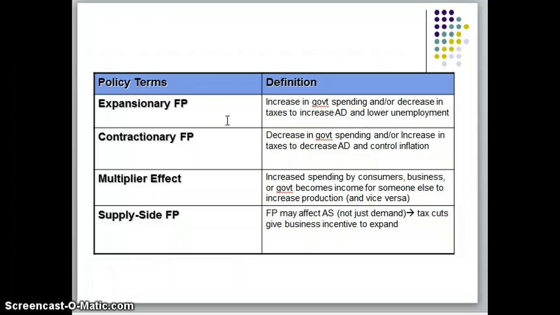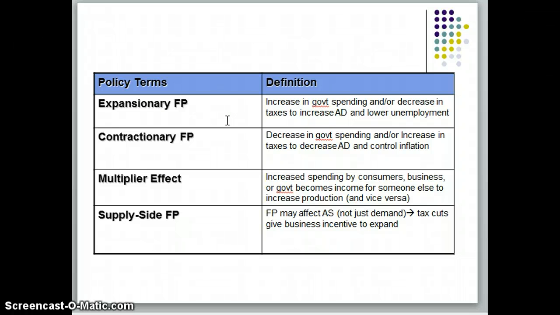The idea that the government spending money to, let's say, rebuild Route 83 out in front of our school, well, that's going to create jobs for a construction worker. That construction worker who didn't have a job before is now going to take that money that he earned from the job, spend it within the community, which is going to create demand throughout other parts of the community. You know, he's going to spend it on food and clothing and to get his hair cut, to get his oil changed.